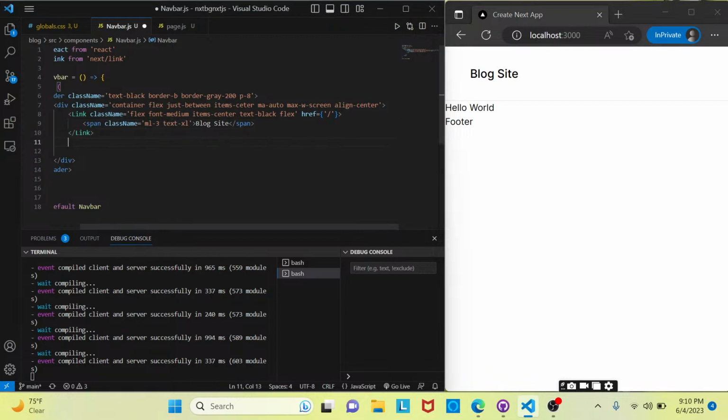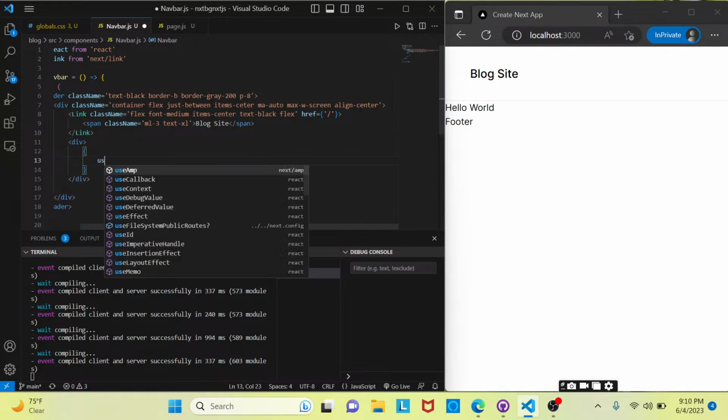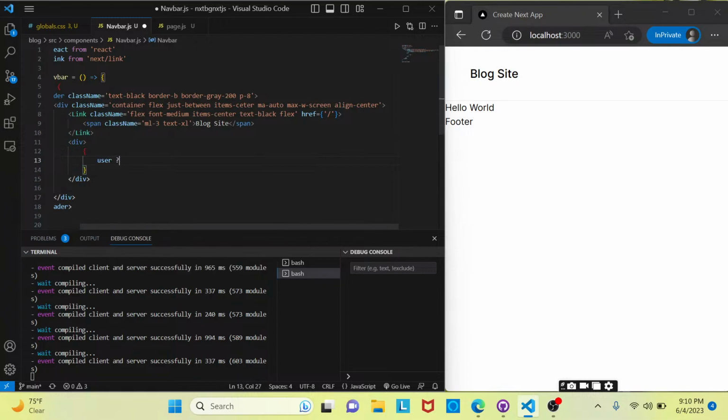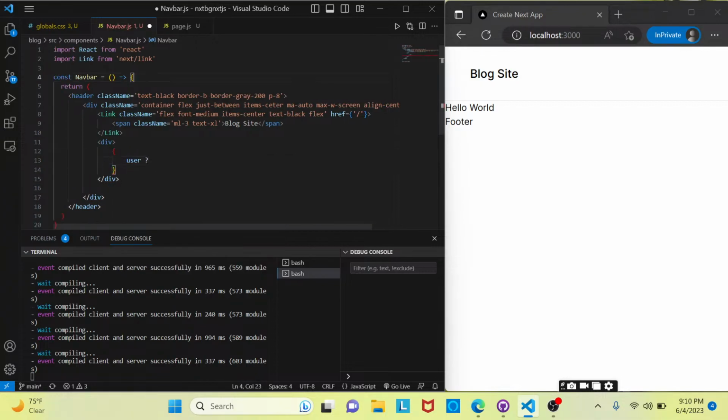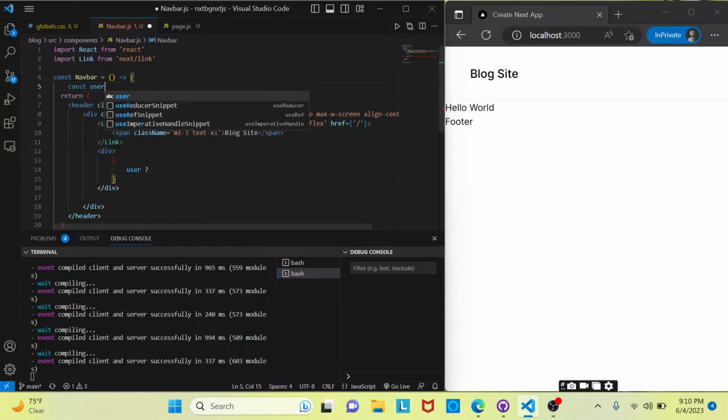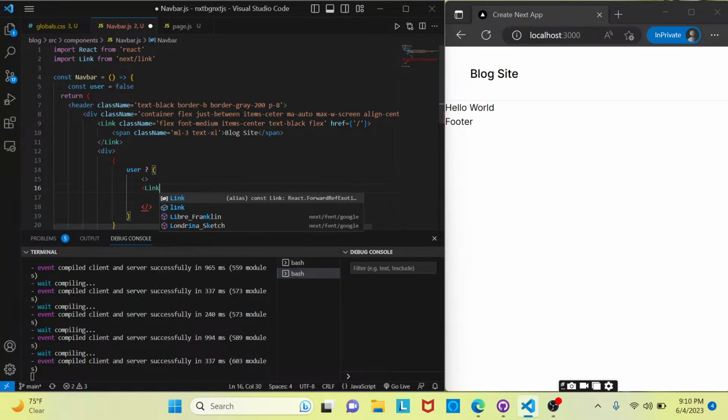So we'll put this in a div, and then we'll go a little bit of JSX JavaScript here. So we'll go user, mark, and I need to bring this in, and we'll set it to false. And what this is basically saying, if the user is true, it's going to show one thing, else is false, and then it's going to show something else. So let me go ahead and type out this, and we'll give it a fragment, and inside of the fragment we'll have a link,